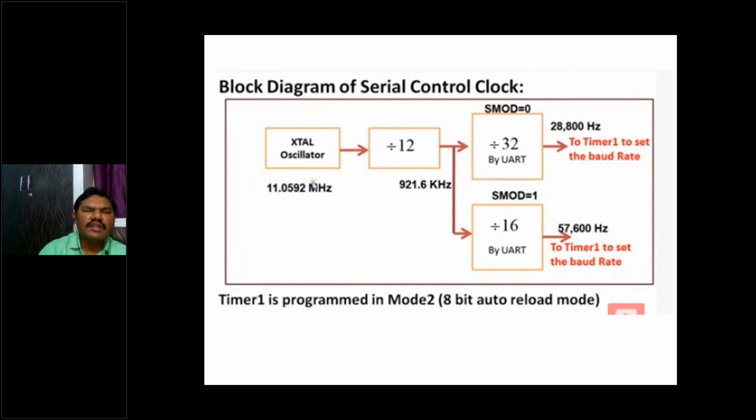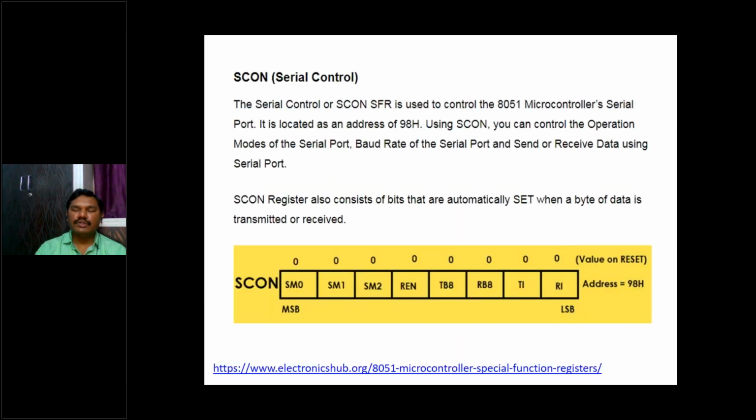What is TH1? Because this serial communication also depends upon timing pulses; here you can see that the clock needs timing pulses. Where do they come from? The timing pulses come from the internally available timer or on-chip oscillator, or from the external counter or timer T0 and T1. So that's why we have taken the equation as 2 power SMOD by 32 into 1 by 12 into oscillator frequency.